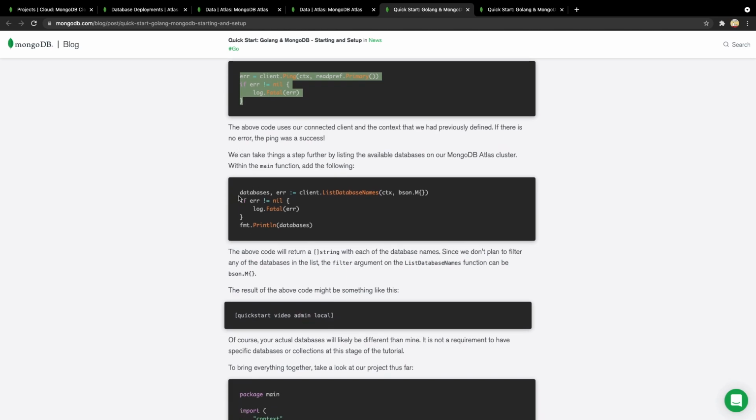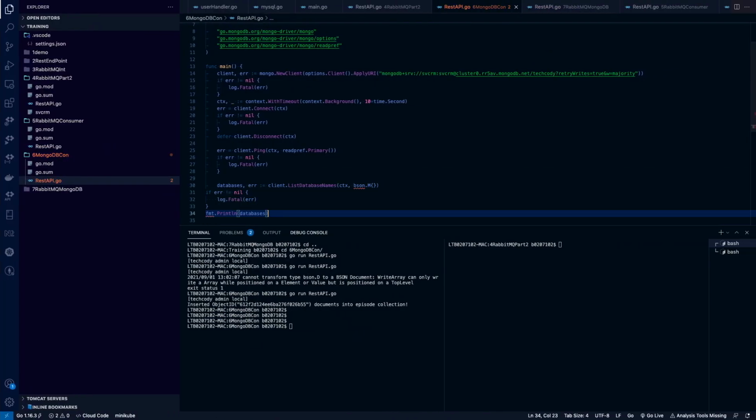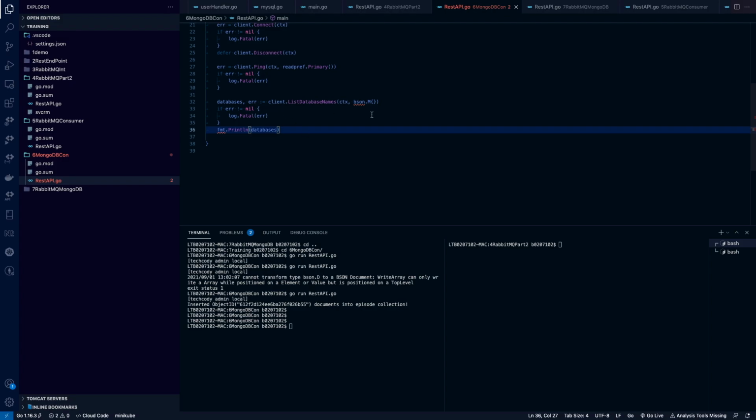Then this particular piece of code will be calling the list database names on the connection which we have established. So with this function, what we would be getting is the list of databases which have already been created on the cluster. So let's do that. Copy this and paste. So this is done.